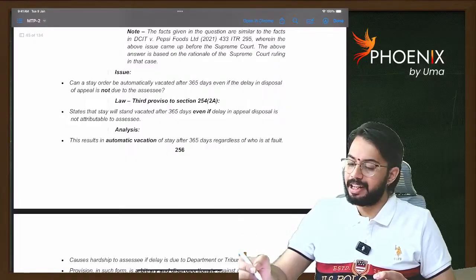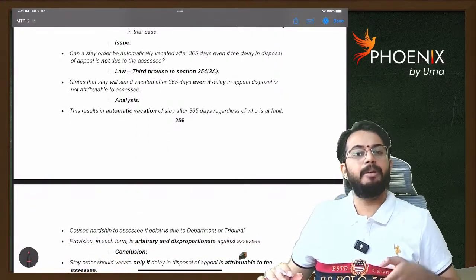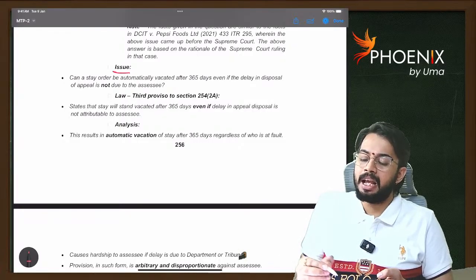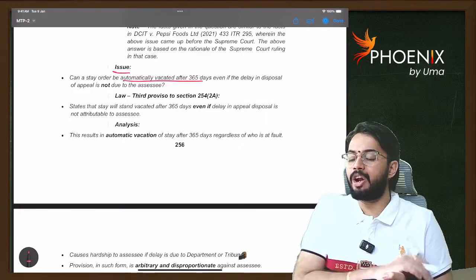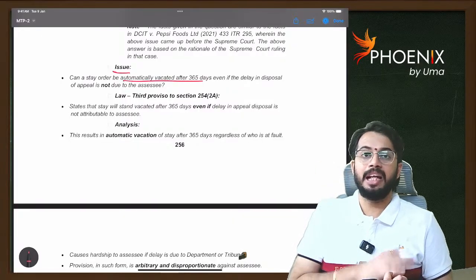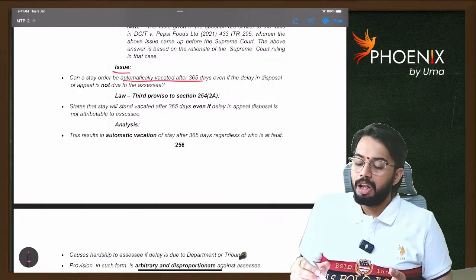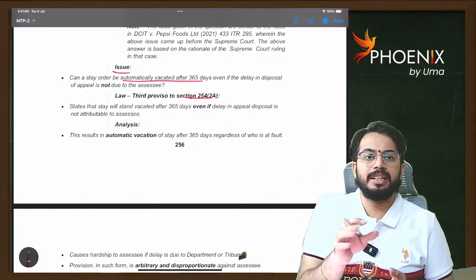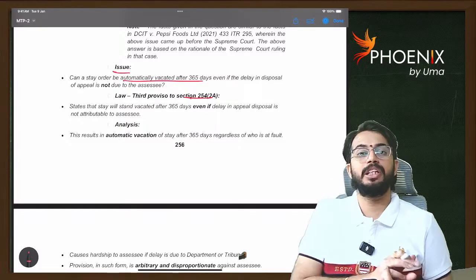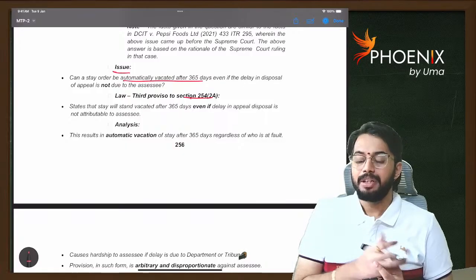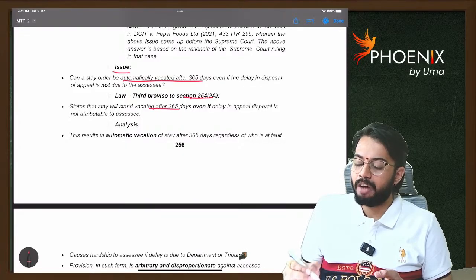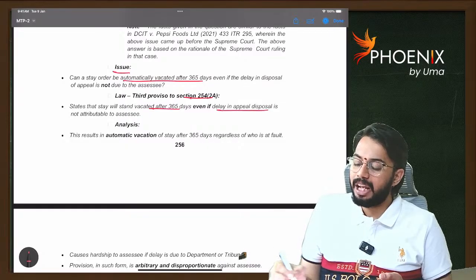So, you can see here, whenever you get this type of question, you can write in simple words. Issue: can a stay order be automatically vacated after 365 days or not? That is the question. Next, analysis. Law: you can write the provision section number. If you do not remember the section number, you can write as per provisions of Income Tax Act. Okay. So as per provisions of Income Tax Act, stay will stand vacated after 365 days, even if delay